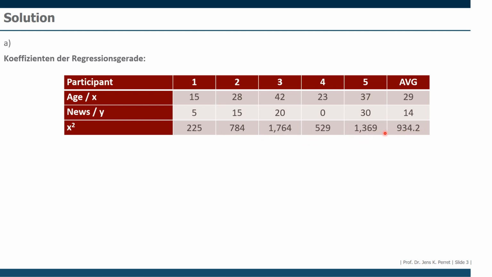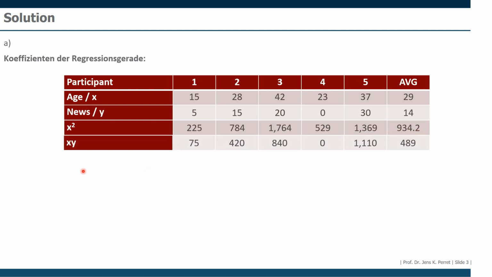So the average of these values is listed here, and a second row where we list X times Y, so 15 times 5, 28 times 15, 42 times 20, and so forth. Again, of all these values, we are calculating the average. Once we finish this table, and in particular this last column, we have everything we need for the coefficients of the regression line. Because the formula for the slope reads as follows: